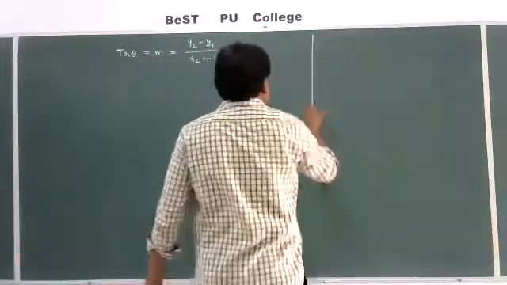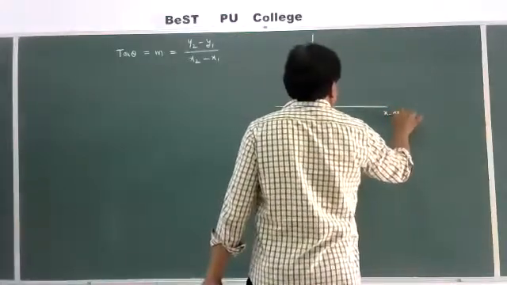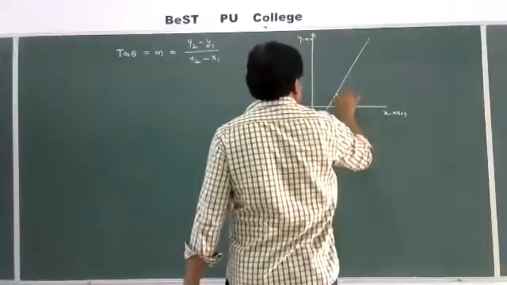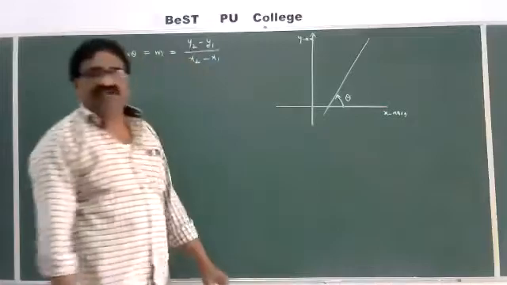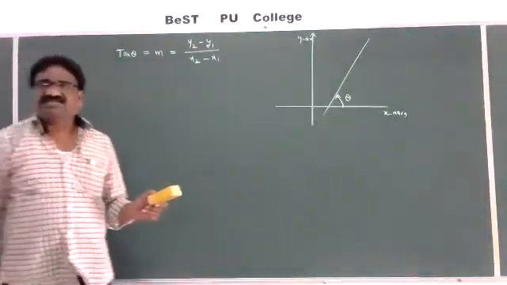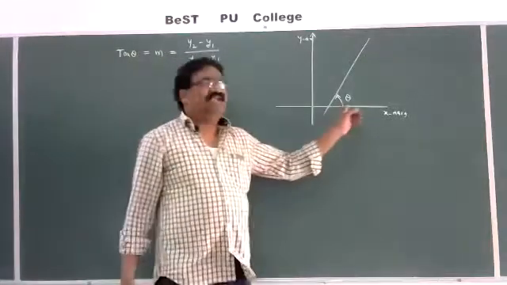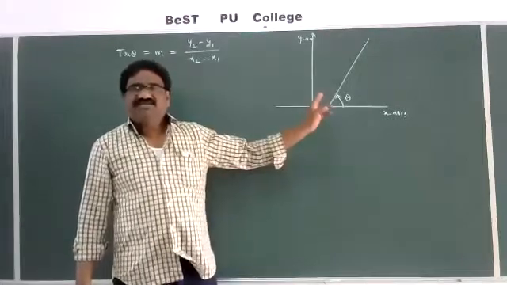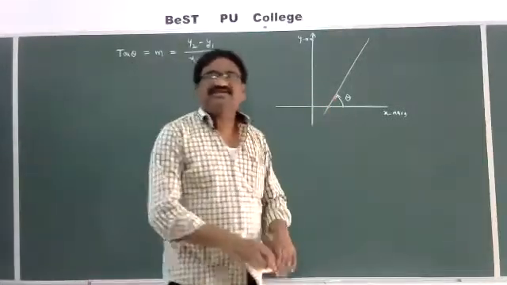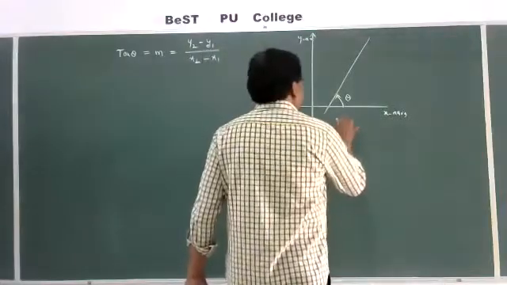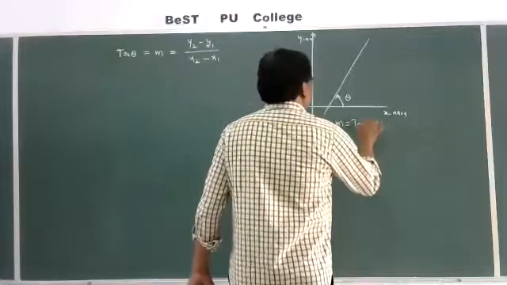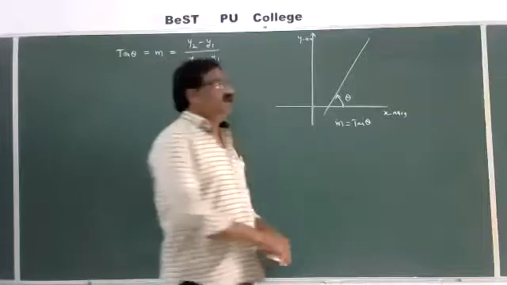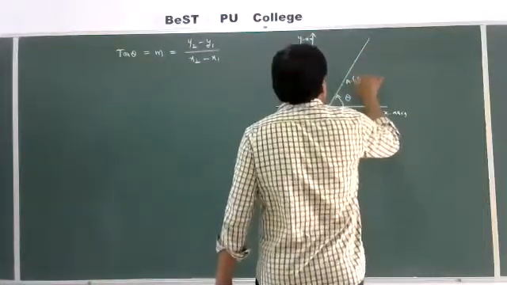So yesterday we discussed this. This is the x-axis and this is the y-axis. A line which is making an angle theta in the positive direction of the x-axis, that is in the anti-clockwise direction, then this theta is called the inclination of a line. Next, if theta is the inclination of a line, the tangent of the inclination is called the slope, that is m is equal to tan theta.